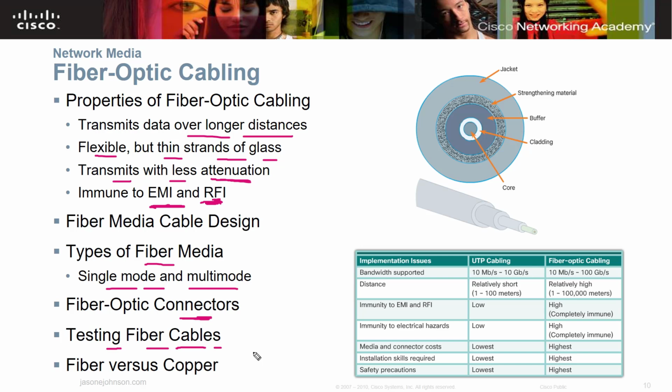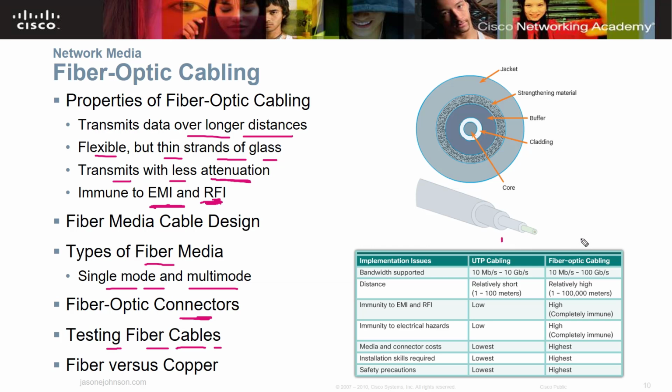So that's why you typically see fiber optics run on longer distances, also maybe between buildings. If you're connecting two local area networks together, you may see fiber optics go between those buildings. You might see a city have fiber optics put in. And then when you get to the local building, or the local area network, is where you might use copper.